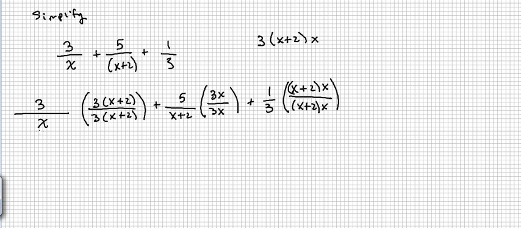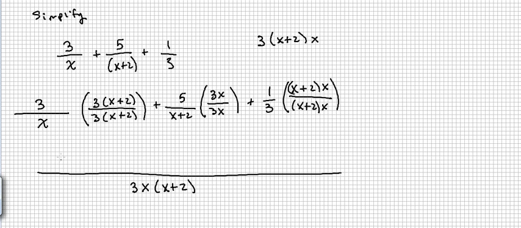This one will be equal, so they'll all be, now they're all over the same thing, 3x, x plus 2. This will be 3 times 3, which will be 9, x plus 2. This one will be 15x. This one will be times 1, so just x times x plus 2. Okay,